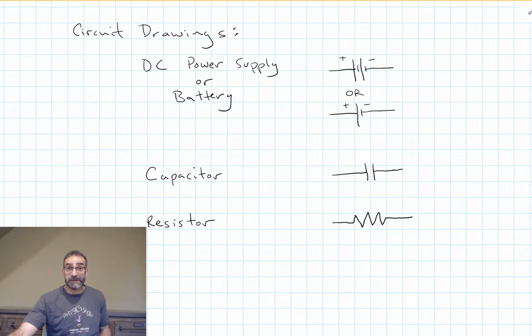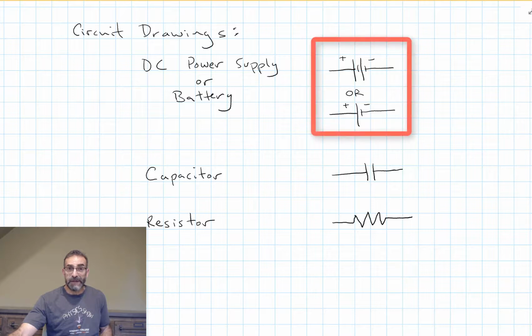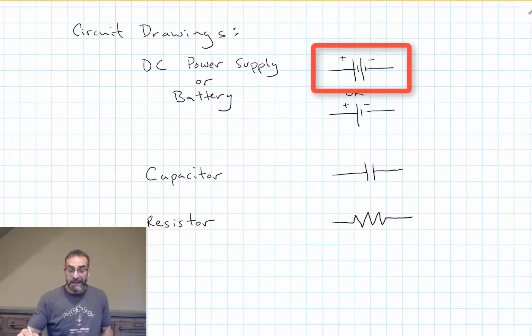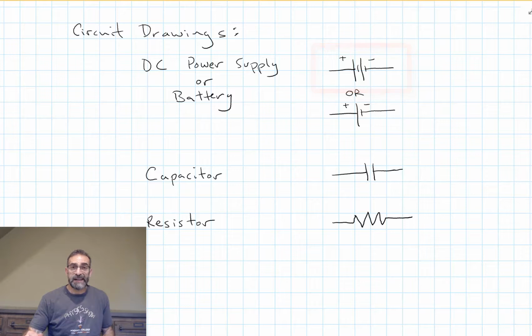We're going to start drawing a lot of circuits, so we need to understand what symbols we use so we can represent all of our electrical devices in our drawings. A DC power supply or battery can be represented with one of these drawings. The long line on the left side indicates the higher potential side of the power supply or battery, the positive terminal. You can draw it either way. I'll try to draw it like the top one